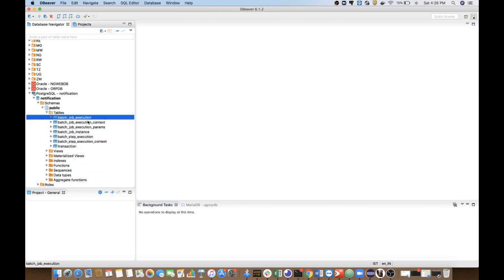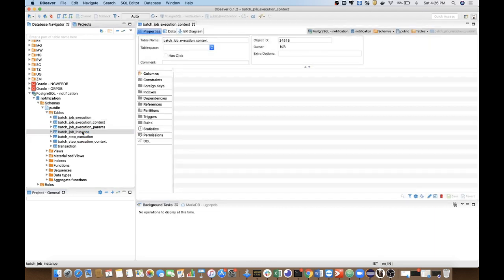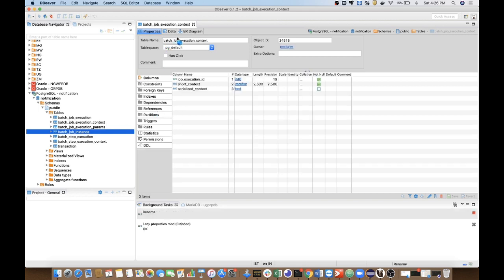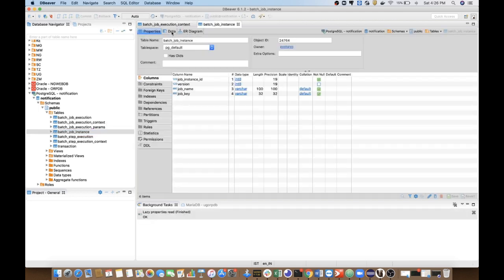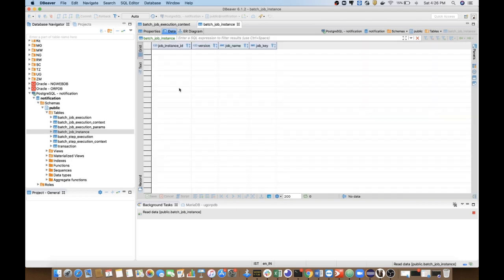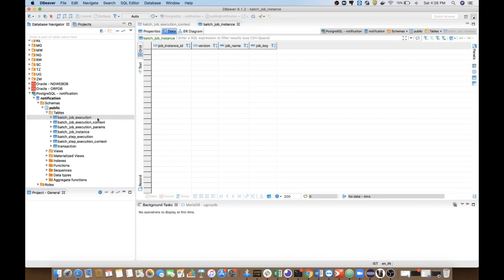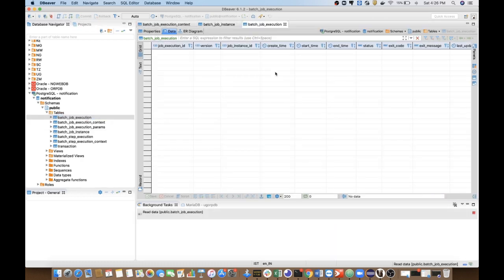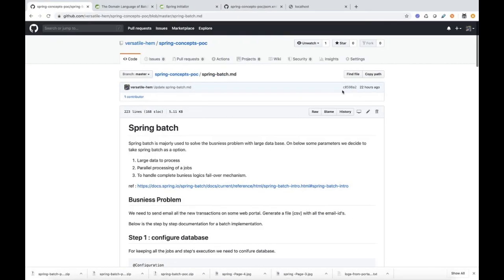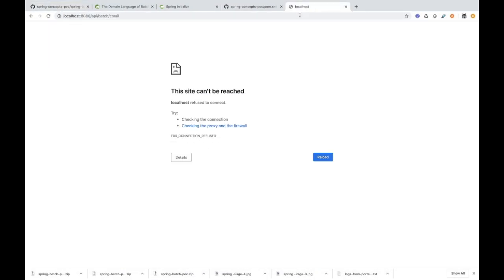Here is the batch job execution, and here is the batch job instance. Whenever an instance is triggered in Spring Batch, an entry appears here with the status, which is kept under job execution.